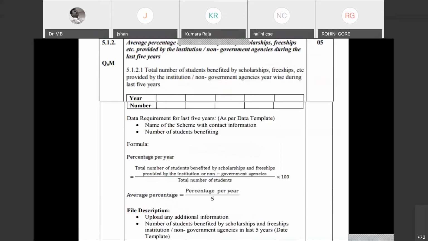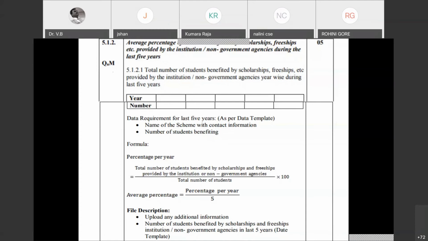And the next one is for the non-governmental agencies. If the student has been sponsored by a private trust or society, or the institution itself is giving some free seats without collecting full or part payment of fees from the students, then that number can be included over here. And this is again a quantitative metric,